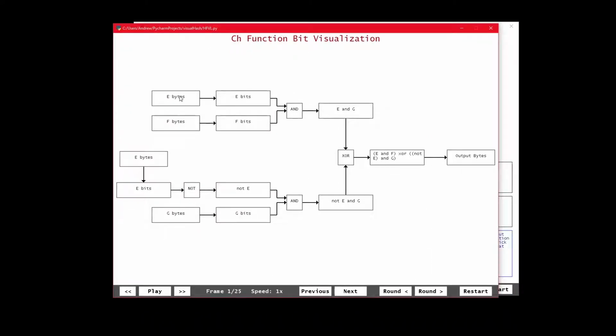All right, so we have the E and F, and we're going to do an AND here to get E and F, and we're taking the not of E and G, and we're ANDing them together to get not E and G, and then we'll XOR these together to get the output bytes. So we can just play through that, speed it up just a little bit, so we can see this process actually happening. First we're translating them into bits to make the operations more clear, ANDing them together to get this value here. And then we're taking the not of E, getting there,